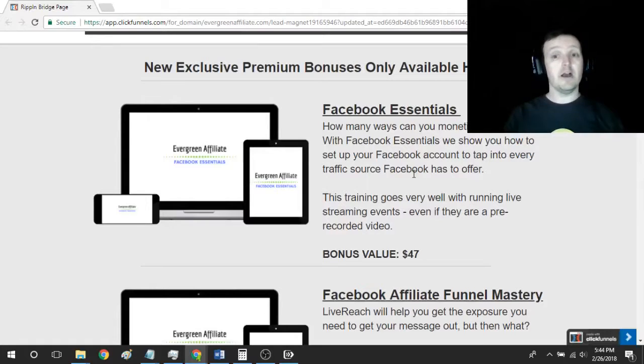And in my experience, I've only ever had one shut down. They don't care, and they don't give you your account back. So then you have to make a new account, set up everyone else, friend everyone else again, and do all that stuff. So why not do it right the first time? Why not protect yourself so that you don't have to worry about your Facebook account being shut down?